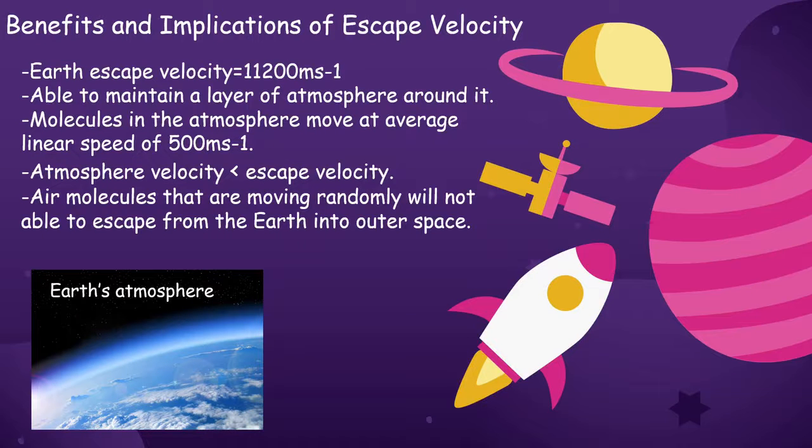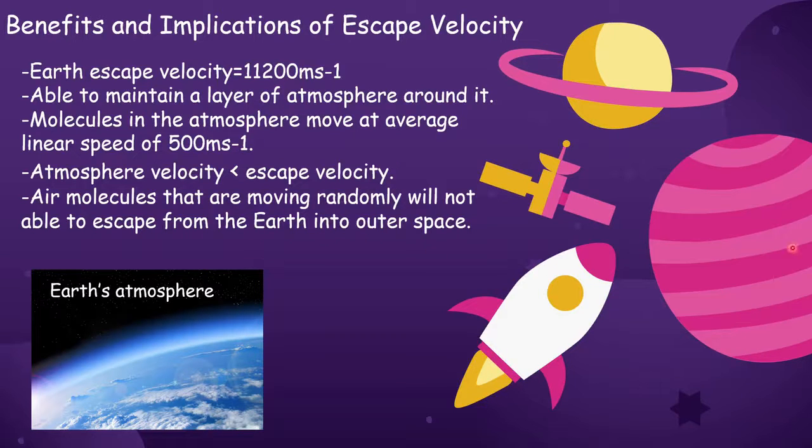Hi everyone, I'm Dr. Masihui. Now I'd like to present the benefit and implication of escape velocity. High escape velocity of the Earth, that is 11,200 m/s. One of the benefits is the Earth is able to maintain a layer of atmosphere around it. Molecules in the atmosphere move at average linear speed of 500 m/s. Atmosphere velocity is lower than escape velocity,